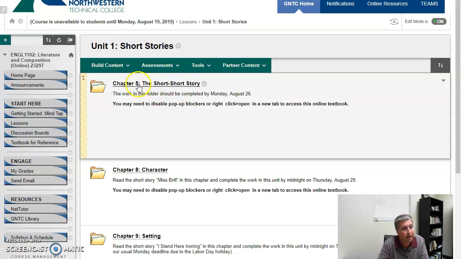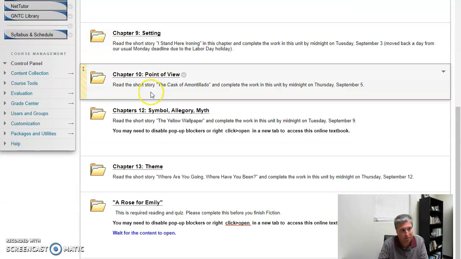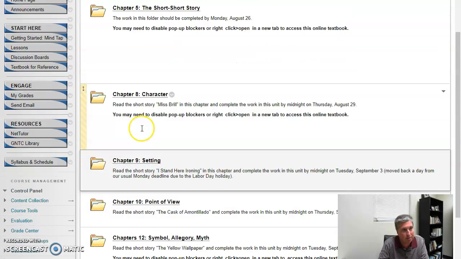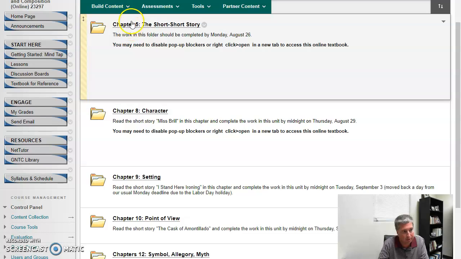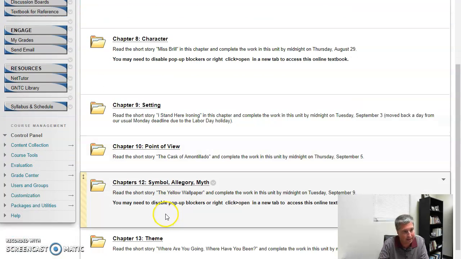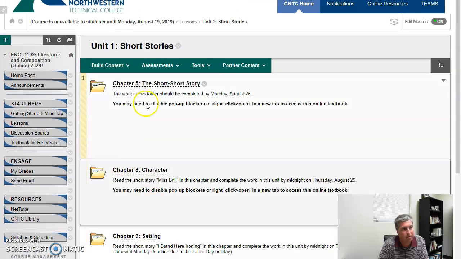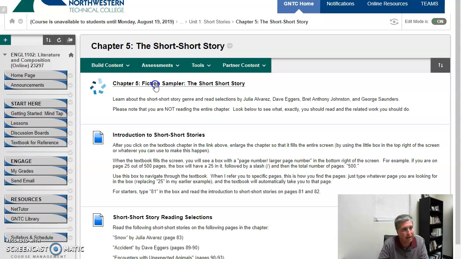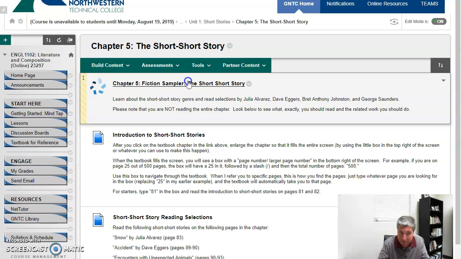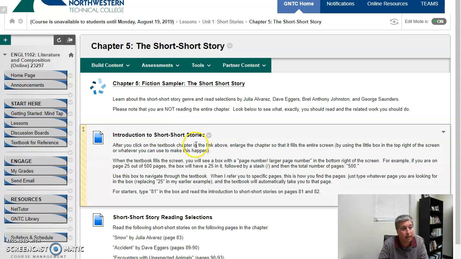You click on that. And we're not doing every chapter. So notice the chapters are not sequential. We're skipping some of the chapters. We're going from 5 to 8 to 9 to 10, 12. We're skipping some of the ones in between. So don't get hung up on that. For this first one, for example, you click on that folder, and then you go to this text. This is the actual Cengage text, which you have already paid for and set up earlier when you did this getting started thing. So you click on that, and